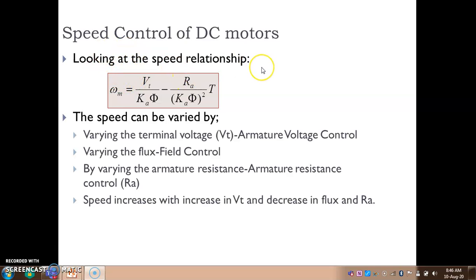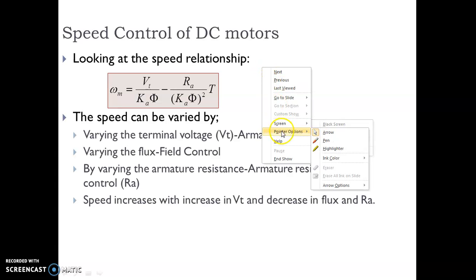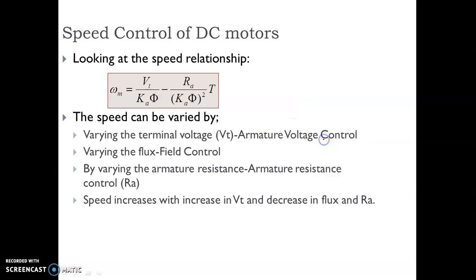Equation that will give you the speed control of DC motor, that I am writing here. A speed control, I told you, we will be able to control the speed above the base speed or below the base speed. So I will also give you the conventional method and the latest method. I will give you some circuitry for the latest method of speed control of DC motor. Later I will give you how by application of power electronic circuitry we can control the speed of a DC motor.